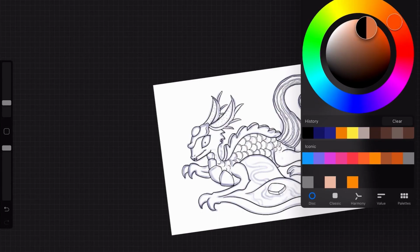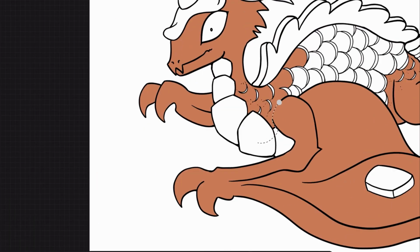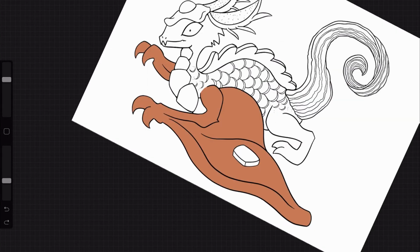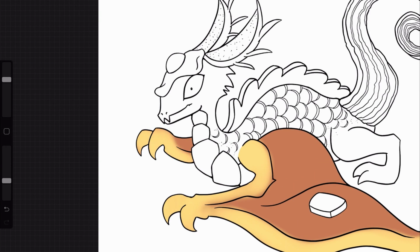But for the wings, now I'm really proud of this choice, and you can probably tell what I've made these wings: they are pancakes. It was the best sort of thing that I could fit into that shape, and I think it works pretty well. Now as you can tell, the pancake wings, as strange as that is, don't really have that much detail